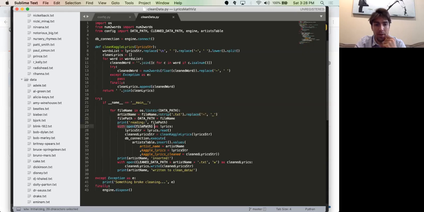Here's where I open the file path. I'm aliasing it as lyrics. This is that opened file path. Filepath.read gives me the lyrics as a string. Here is where I actually pass that lyric string into the function that I defined up here. That gives me that lovely lyric string back. Now here is our lovely